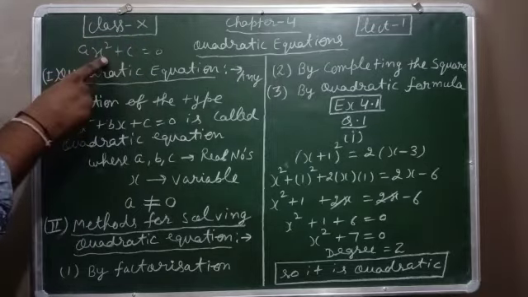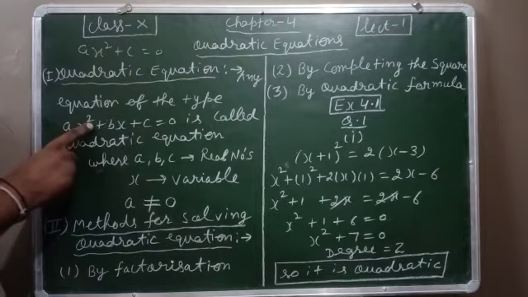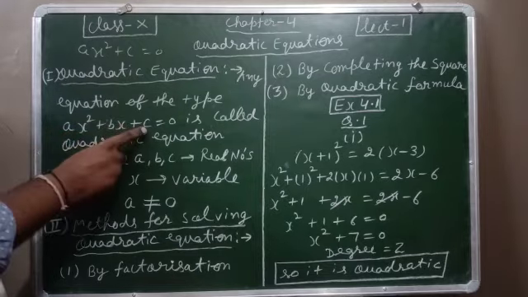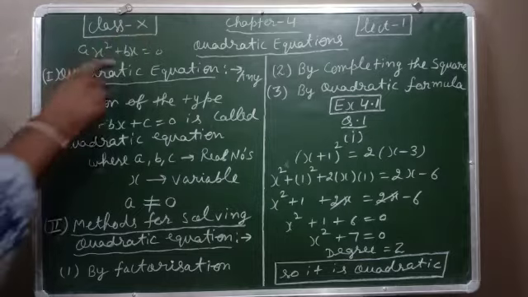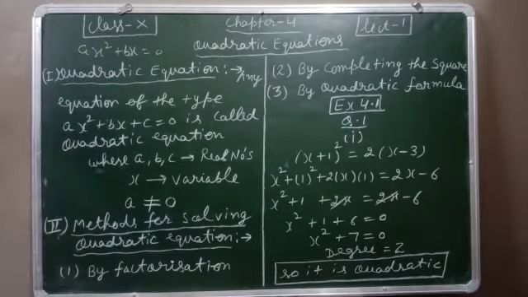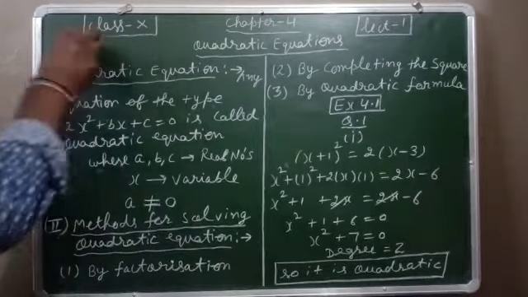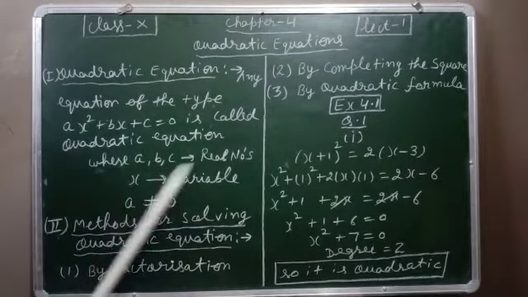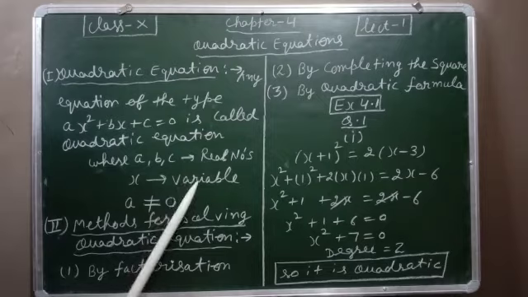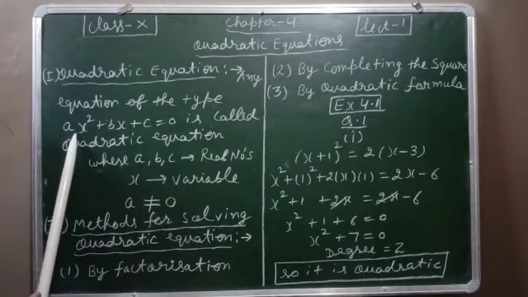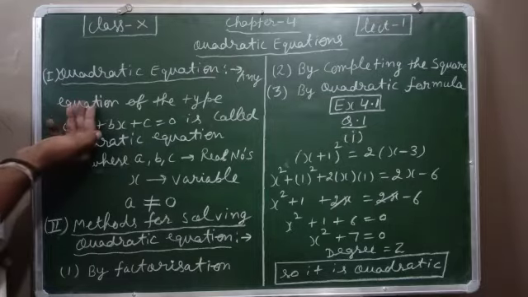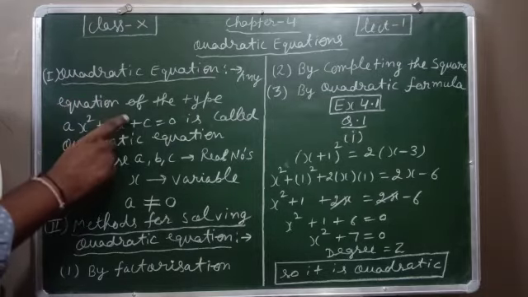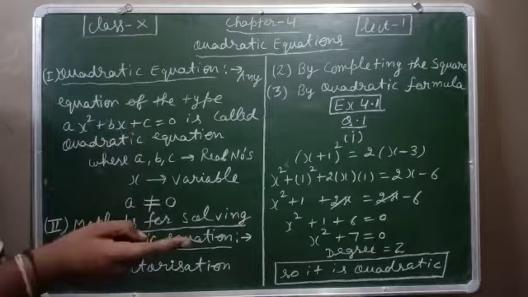This is also quadratic because we have to see the highest power, meaning degree only. Suppose c is 0, then we are left with ax square plus bx equal to 0. This is also quadratic. So the condition of quadratic is only this, that the highest power should be 2. A, b, c are real numbers, x is a variable, a should not be equal to 0. Because if a is equal to 0, then this term will become 0, so now the highest power is 1, and if the highest power is 1, that is a linear equation.